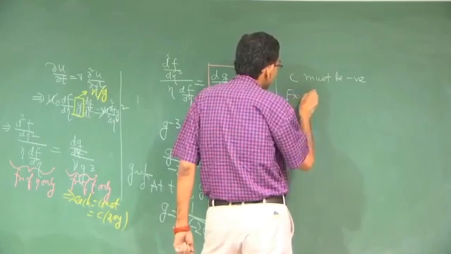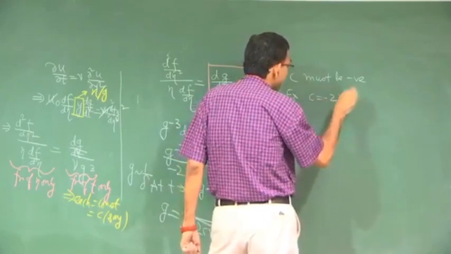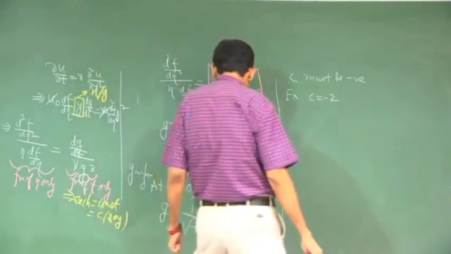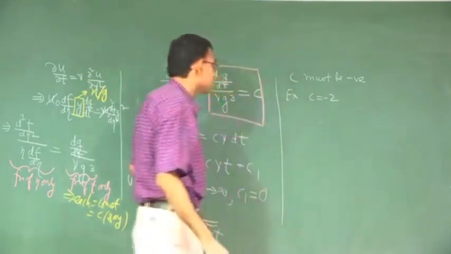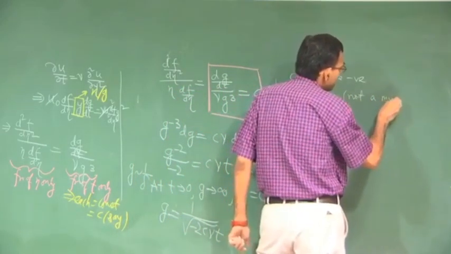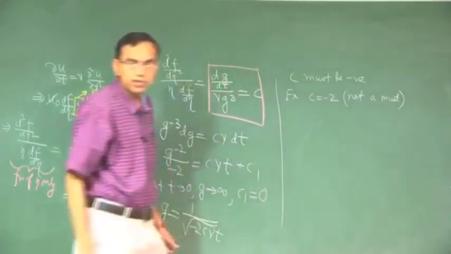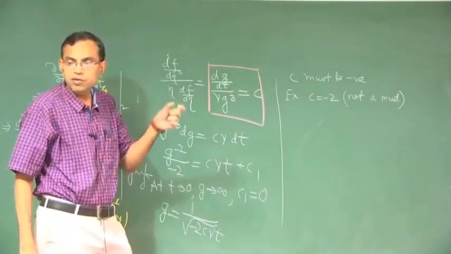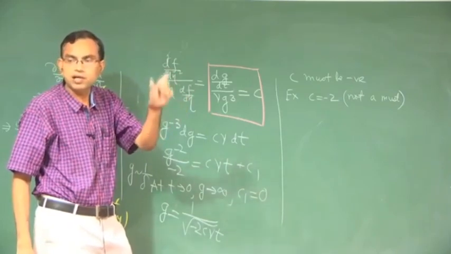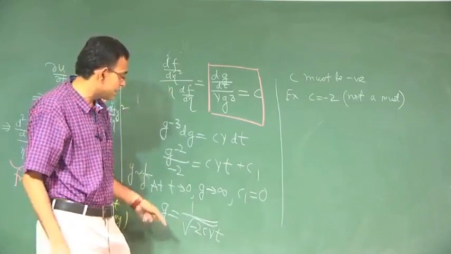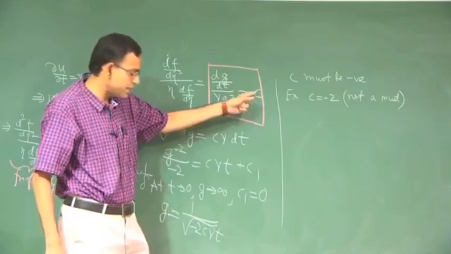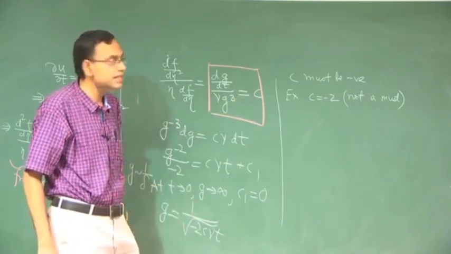So, as an example, you choose C is equal to minus 2, which is not a must, you can choose any other value. Remember that in ratio proportion problems at school level, when you have A by B equal to C by D, you can choose each equal to K, whatever is the K, it does not matter so long as A by B equal to C by D. Same thing here. So, A by B equal to C by D is equal to C, does not matter what this is so long as it is physically realistic.